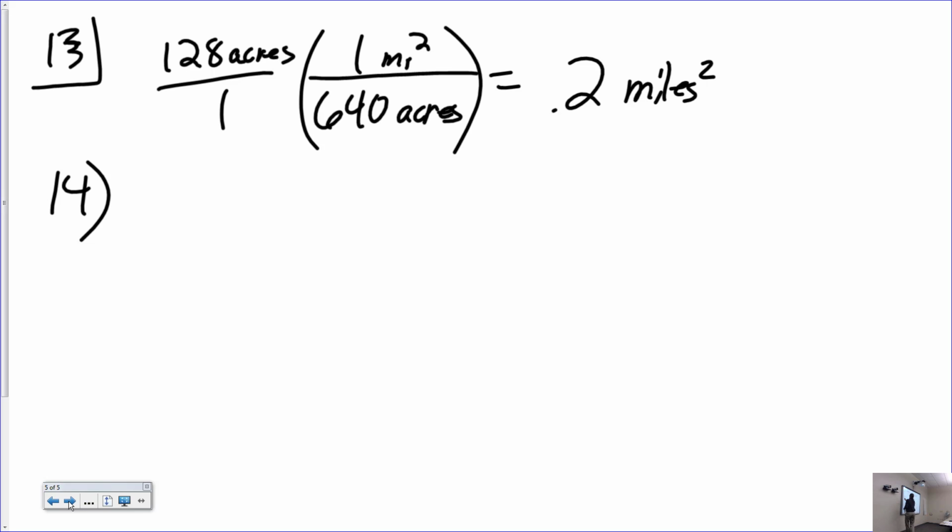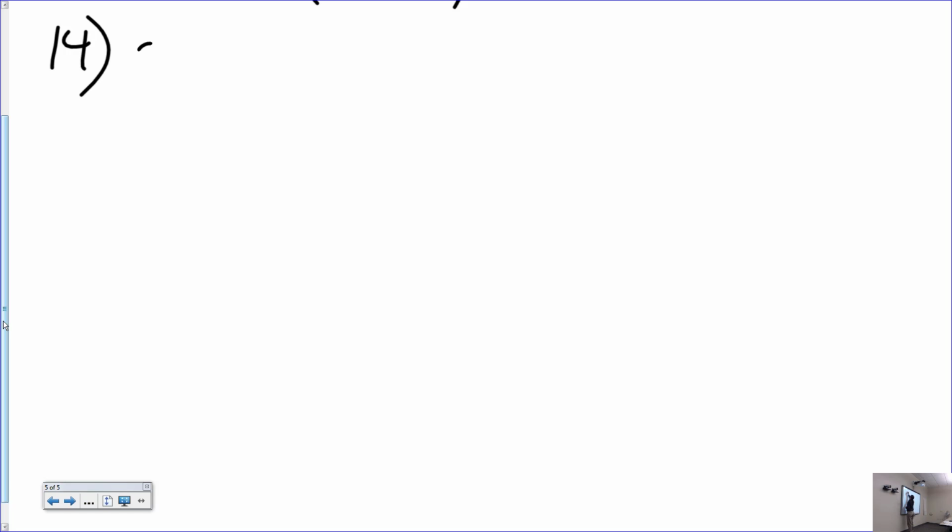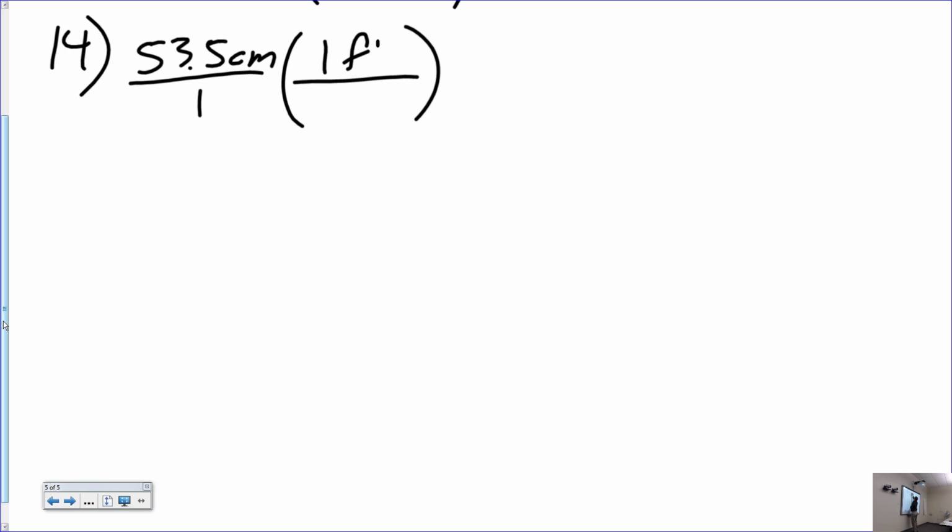Alright, then the next one. So 53.5 centimeters to yards. Now there were a ton of different ways to do this problem. And each one of them has a slightly different answer, but they all base from the same number. Alright, so one way of doing it was to say, hey, in 1 foot, there is 30.5 centimeters. And then you have to convert those to yards. 1 yard is 3 feet. So take 53.5, divide by 30.5, and then divide by 3. And you get this number,